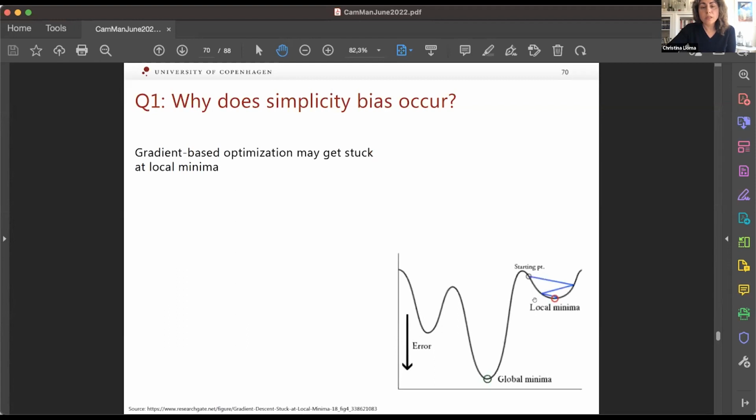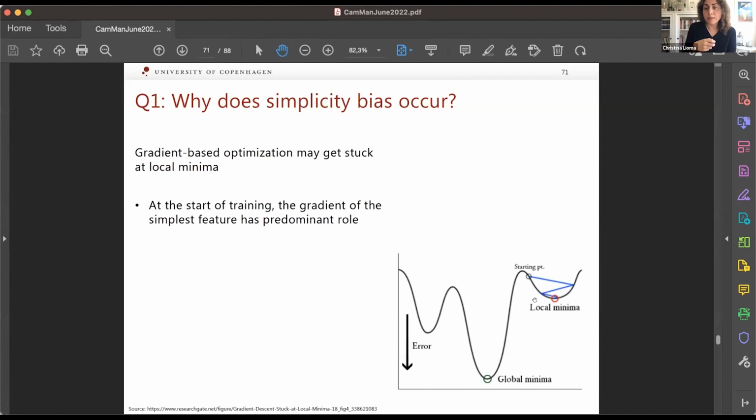The first one is that this could be caused by the fact that when we start training neural networks, we might use gradient-based optimization algorithms that might get stuck at local minima. And how this links to simple features is that at the beginning of the training of this optimization, it is the simple features that have a predominant role. So when the algorithm starts learning the gradients, it is the gradient of the simplest features that it will start learning.